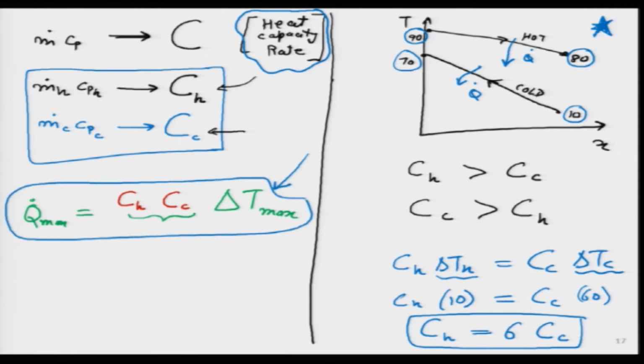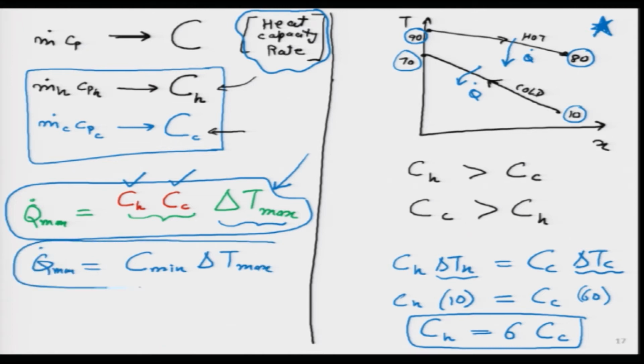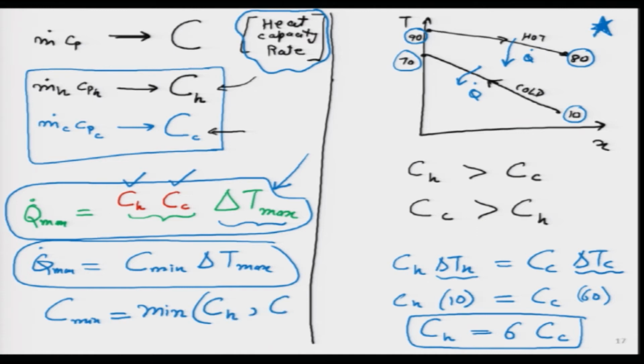Now, let me ask you, which one will I put over here? Already delta T is max, which means I have to put the minimum C, which means I can clearly write this has to be minimum. And where did this minimum come from? I will mathematically define it like this: C min is whichever is the minimum between these two numbers. So, I am writing min of capital CH, capital CC, whichever is minimum, that I will choose as the symbol C min, and that will go over here in this equation.